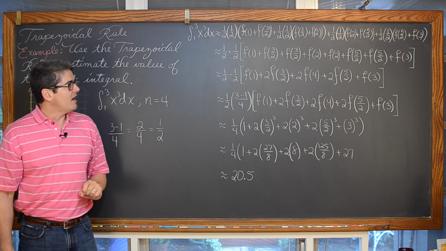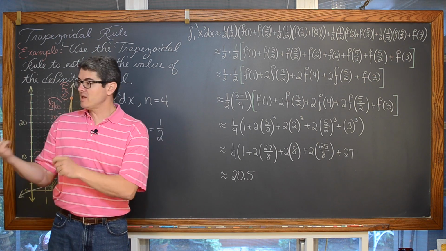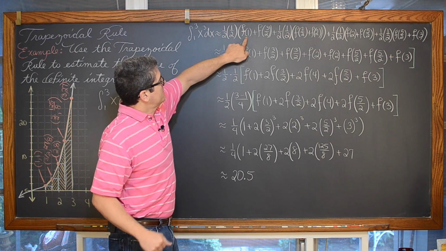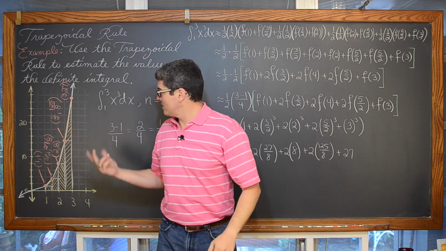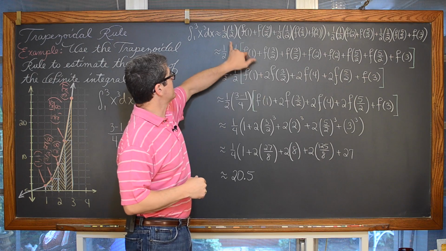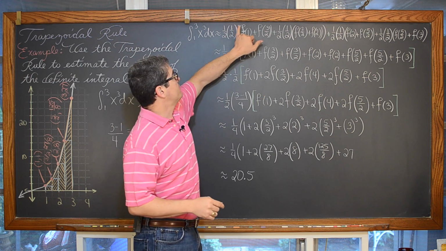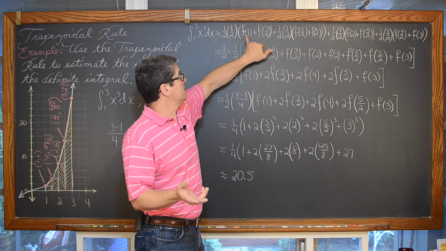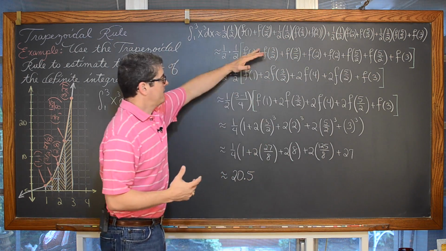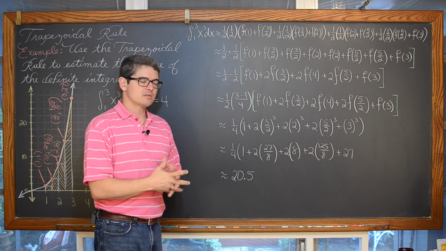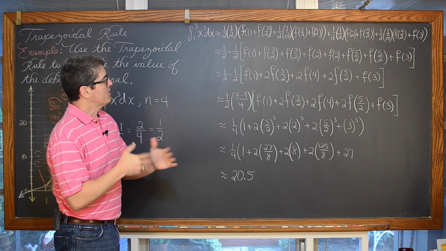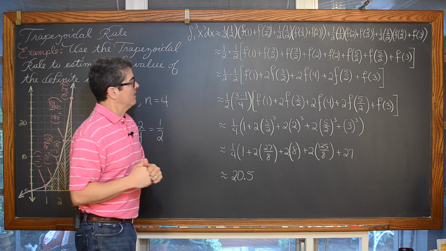So there you go. I did change the notation a little bit to match the notation that you're going to see in the trapezoid rule here in a second. I went back and showed where those values, the 1, the 27/8, 8, and so on, came from, and used the function notation. We have 1/2 times 1/2 of, again, where are your base 1 and base 2 coming from? 1/2 times 1/2, base 1, base 2, and so on, and worked through the notation. I wouldn't do this if I was just doing one problem with the trapezoidal rule and I didn't know the rule. But I want to show you with an example sort of where the rule comes from.